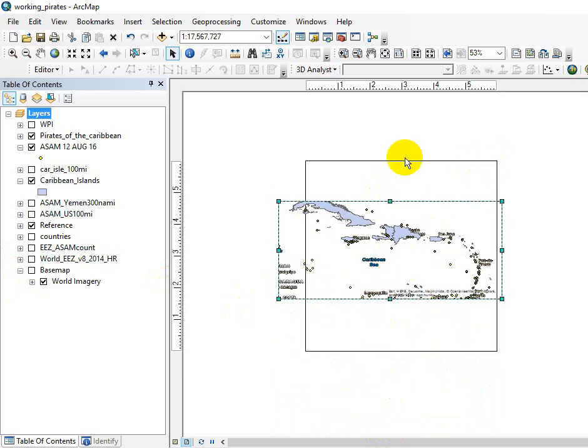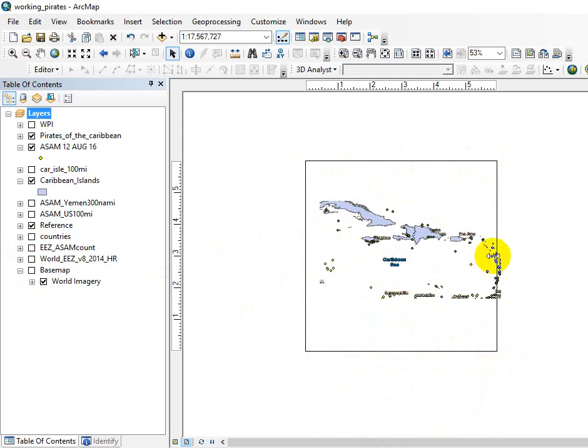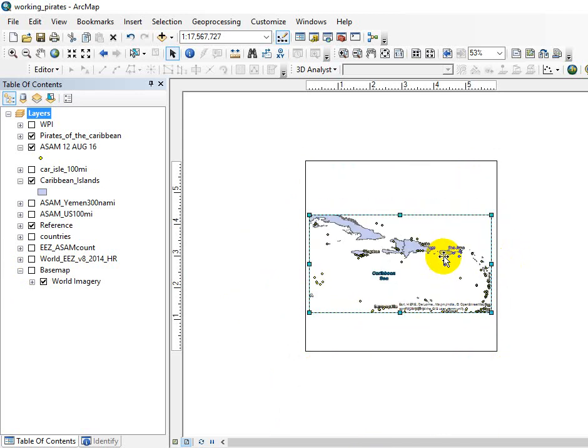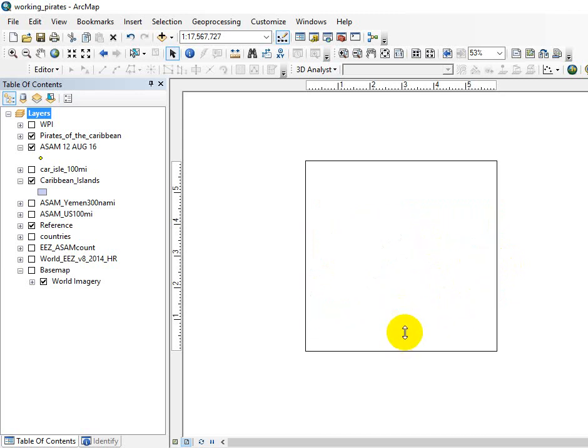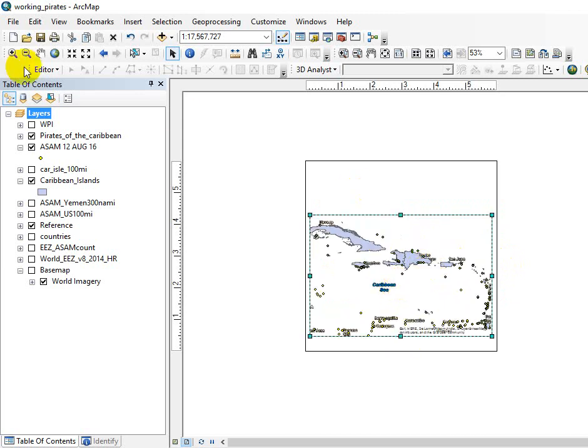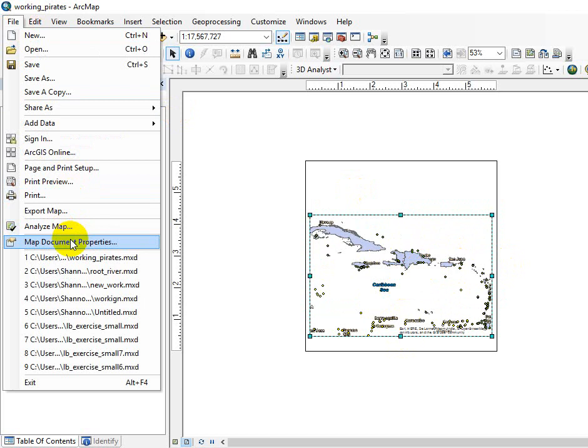on the page. So just remember that this outline is the paper. The thing I'm manipulating is the data frame. They're independent from one another, and you need to make sure that the data frame is being centered on the page and set up the way you want it to be. If you did want it to be, let's see here,